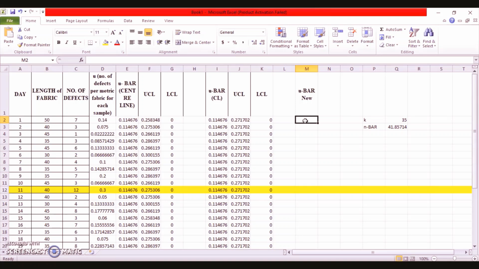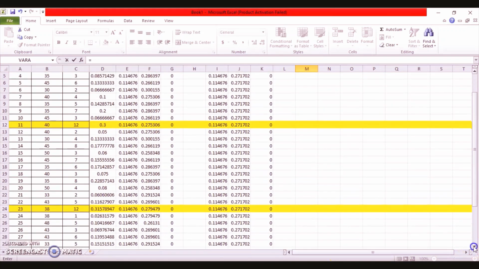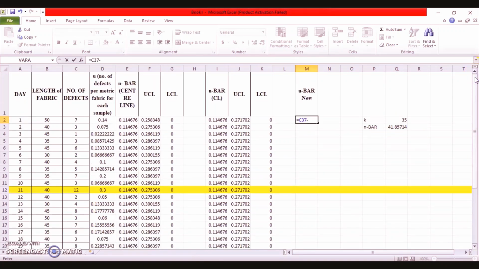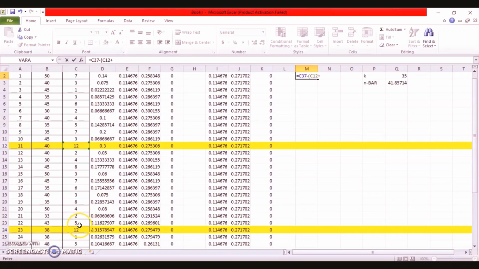So using the formula, U bar new is equal to the total number of defects. How did we indicate the total number of defects? With the help of the sum that we found here, which is 168, minus the sum of the 11th day value plus the 23rd day value.